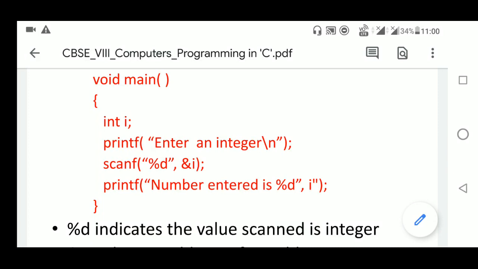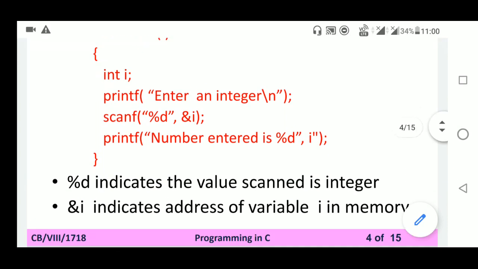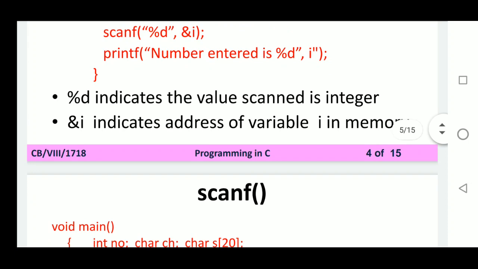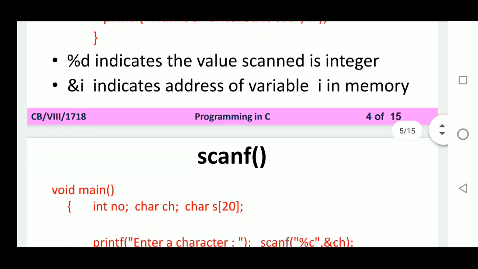So the value of i will be printed by %d using the printf statement. %d indicates the value scanned in is an integer. %d checks that the value inside the variable is an integer, and &i indicates the address of variable i in memory. So &i means that at a particular address the value will get stored by executing the scanf command.